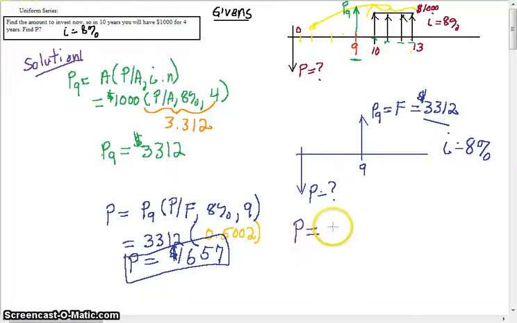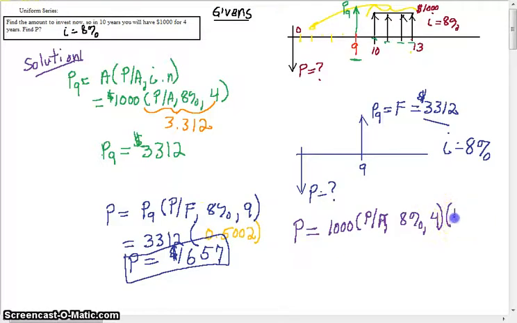This time I'm going to bring it to year 9. I know I will have my $1,000 times P, find P given A at 8% for 4 years,